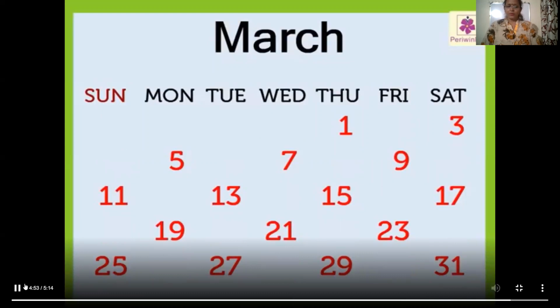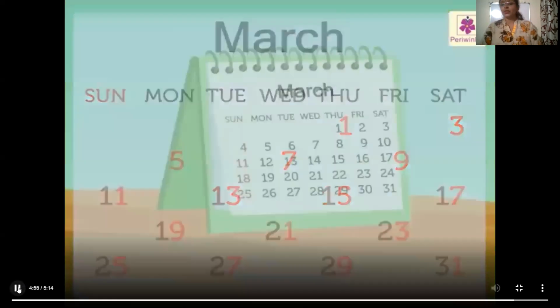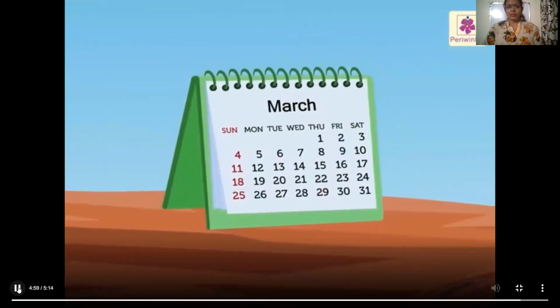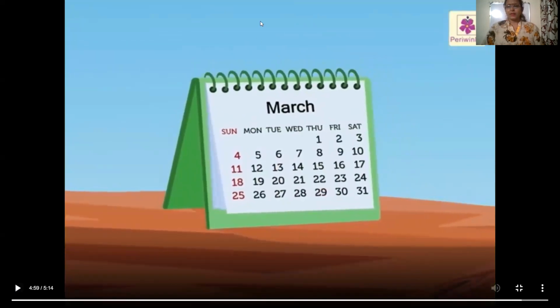So I hope students now it is all clear to you what are even numbers and odd numbers. So you will not make mistakes now in identifying even numbers and odd numbers.